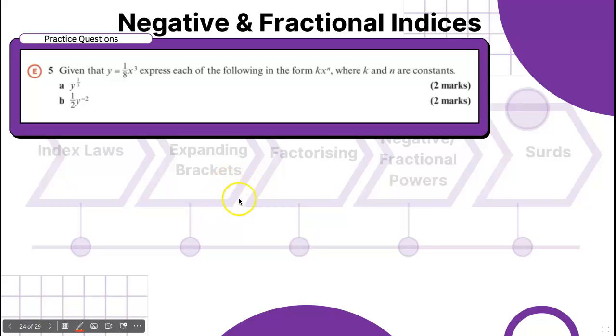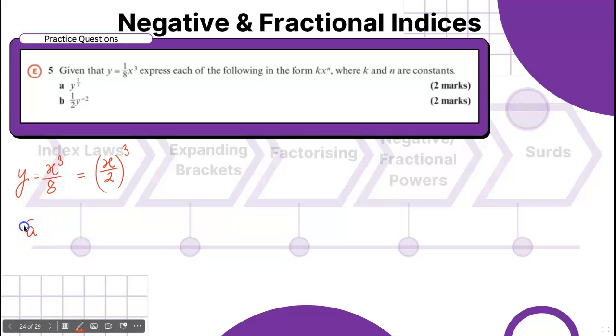Okay. Now the next question we have. Again, these are the questions from your book itself, and this is an exam style question. So wherever you have E written, that means this is the examiner's approach. These types of questions you should be very clear with. So y is x cubed over 8. That could be written as x over 2 to the power 3. How did we do that? Because 8 could be written as 2 cubed, so x cubed over 2 cubed could be written as x by 2 whole cubed.